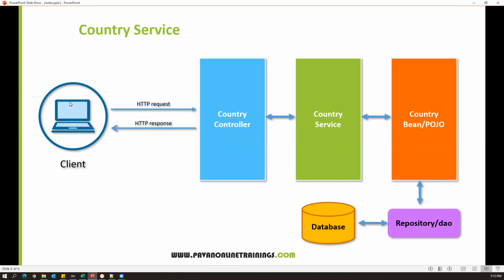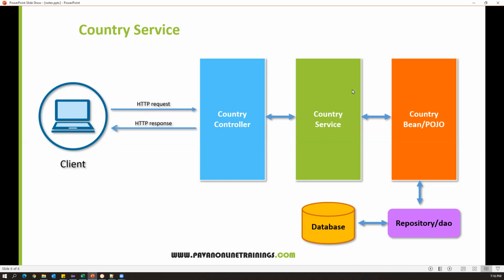When a request is made for all the countries, it will provide you countries data along with the name of the country, ID, and capital. Similarly, if you want to add some new countries, you will be able to add them through this service into the database. And if you want specific details about a specific country, you can request that. Or if you want to modify the country details, you can modify them. So all these things will happen through the service.